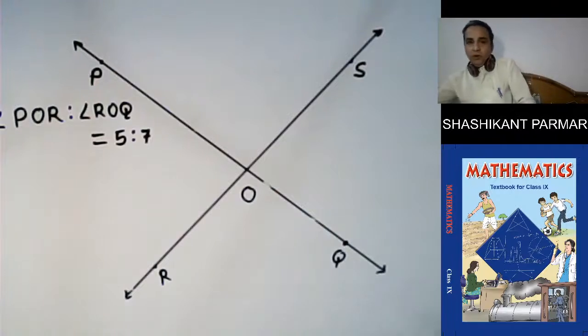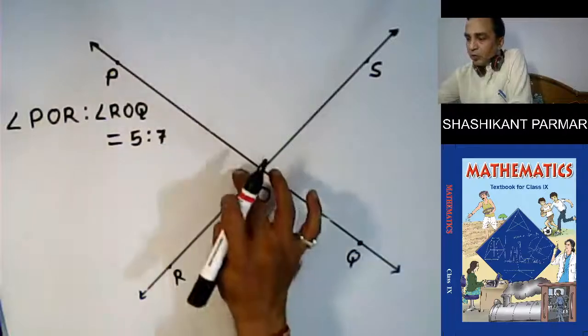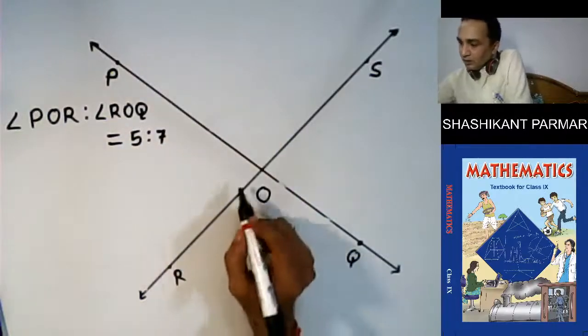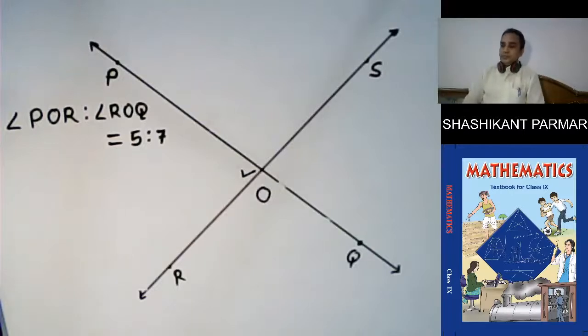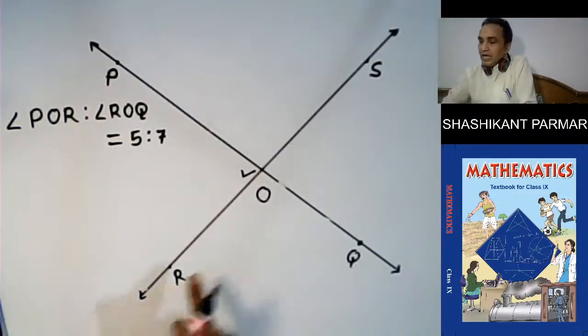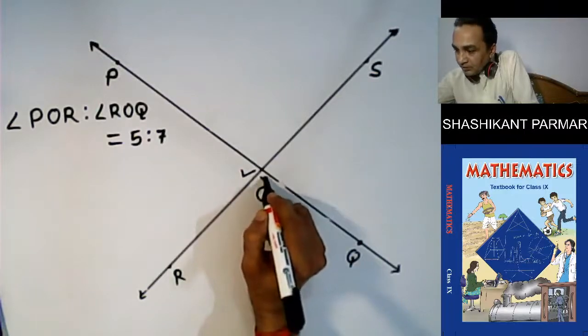Find all the angles. Okay, so let us start. POR is this angle, ROQ is this angle. Now yesterday you studied that